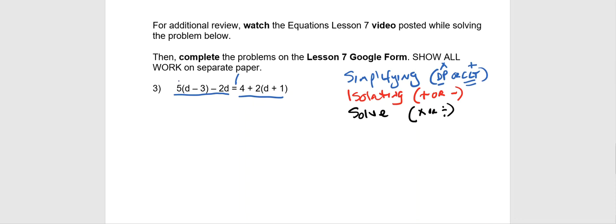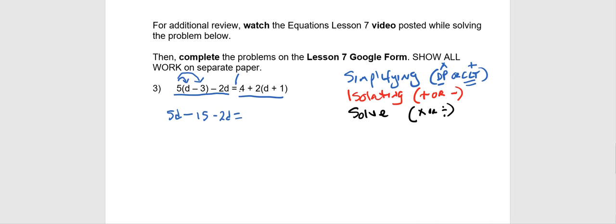Well, I can clearly see on the left, there's parentheses to blow up. So I'm going to distribute the 5 times d, and again, 5 times negative 3. Don't forget that we want to treat that like a negative sign right now. So 5 times d is 5d. 5 times negative 3, I'm going to already account for my sign as negative 15, minus the 2d. Remember that 2d didn't get affected by the distributing, is equal to,